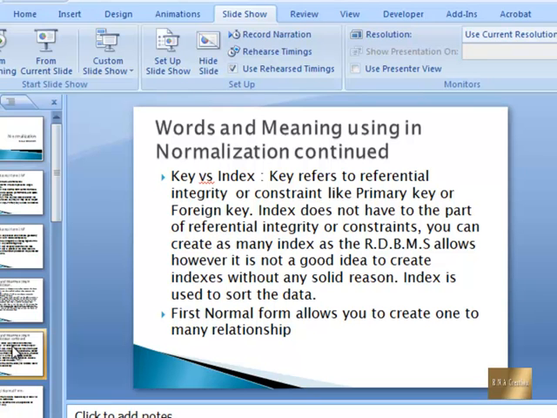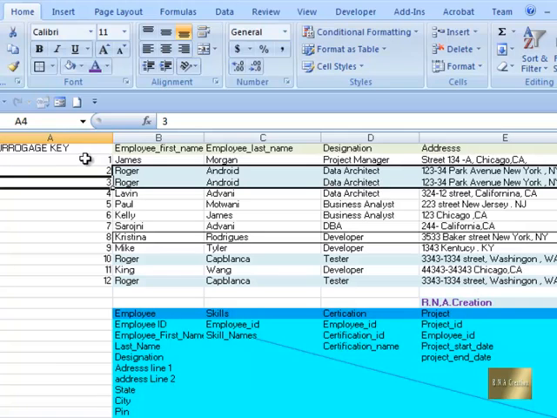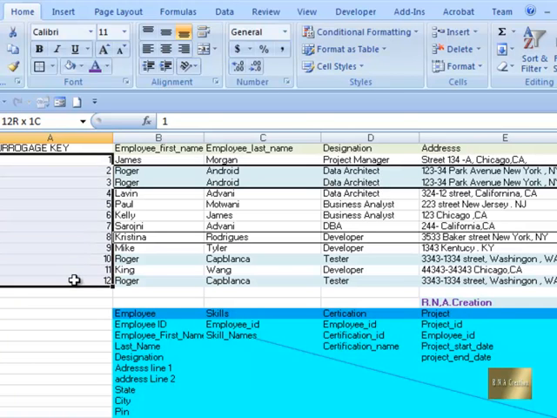Now, what is key versus index? Let's go back to the key versus index. If you see, this is basically a key. A key is involved in the reference, a primary key or a foreign key. It may be involved in referential integrity or may not, but